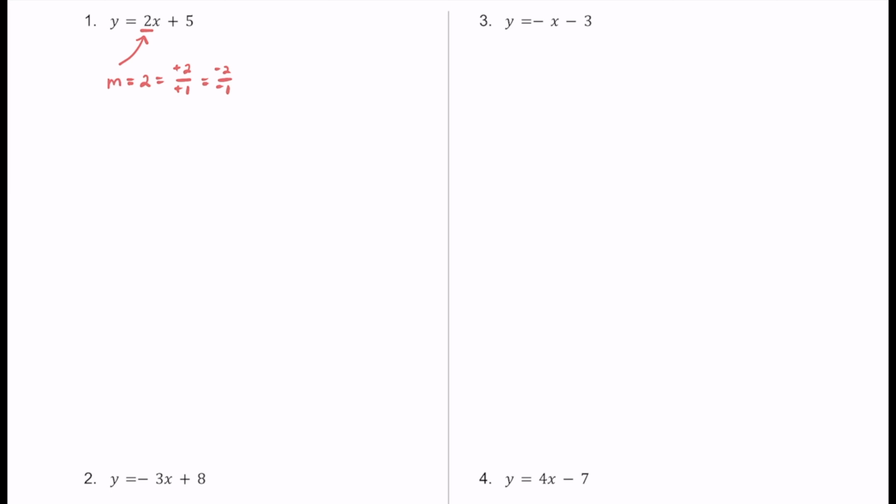Whenever you see what b is equal to, you want to identify that it actually tells you a point. It's always going to be 0, b, or 0, 5 in this case. And again, this m is equal to 2, and that represents our slope, and this b is equal to 5, which represents our y-intercept, and it gives us this point of 0, 5 on the graph. So we've identified the slope and the y-intercept, so let's go ahead and put a table together